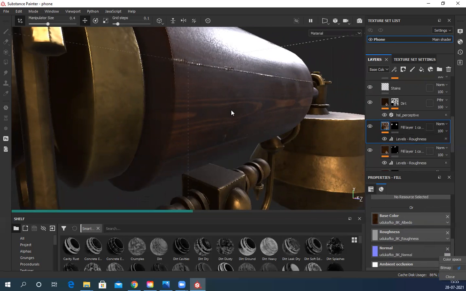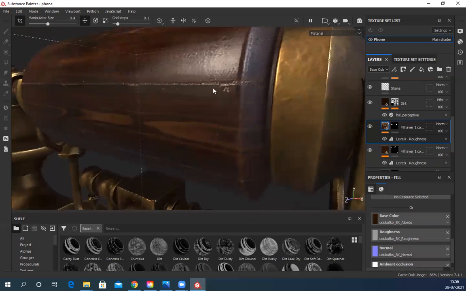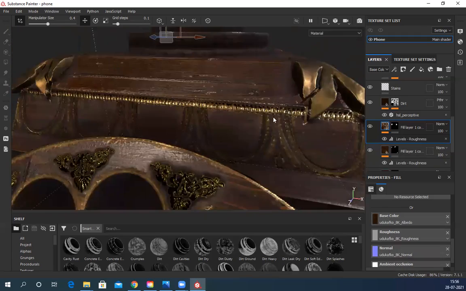Let's see, change to OpenGL. Yeah, OpenGL works better. You can see it's going inside. This is also going inside, correct?